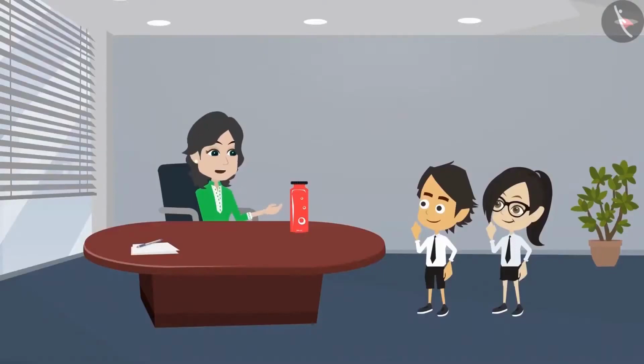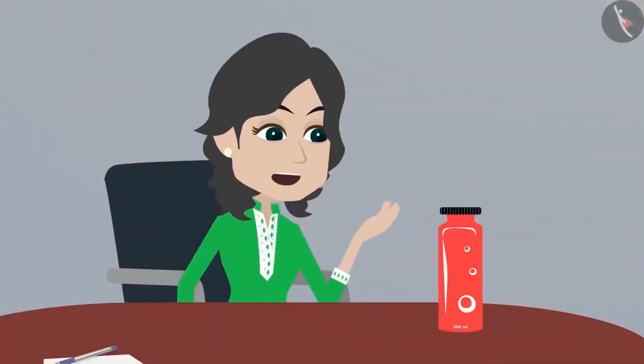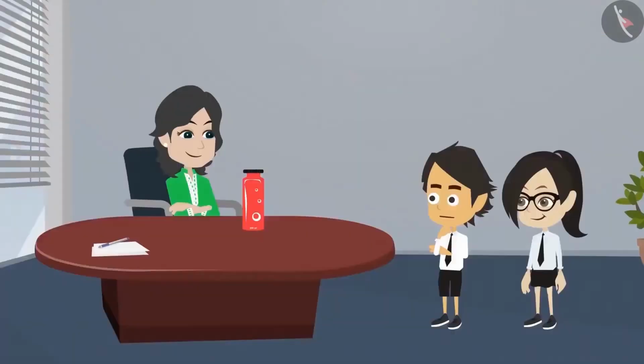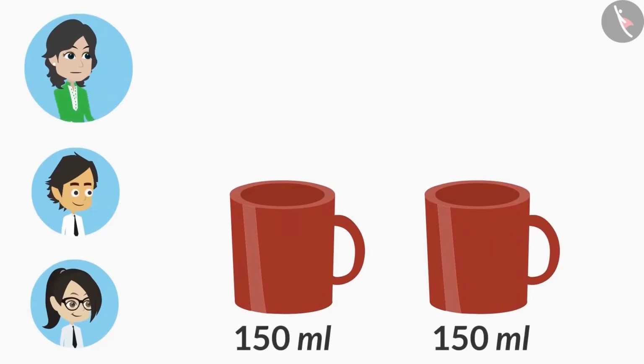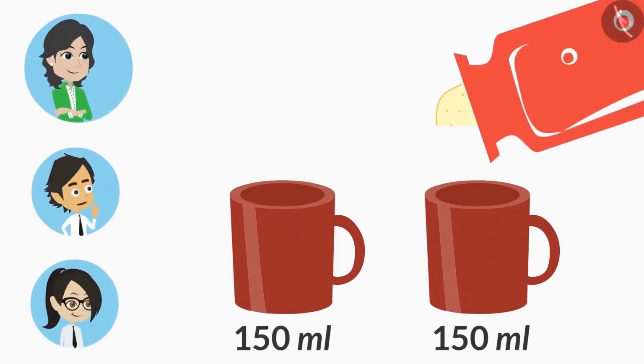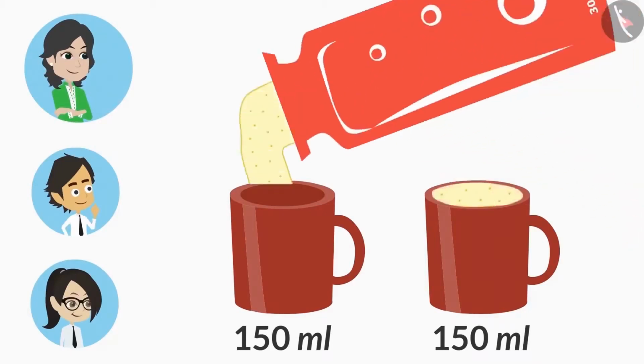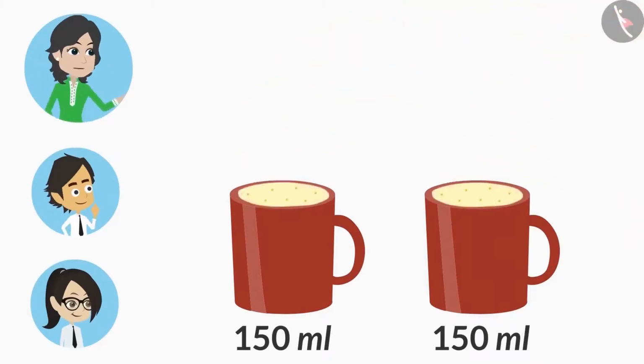See, there are different measuring cups to measure liquid. But we do not have those cups with us right now. Then how will we measure the buttermilk? Look, I have 2 cups here. A normal size cup is approximately 150 ml. You can pour the buttermilk in both these cups. Okay. Both the cups are completely filled. This means that the buttermilk has been divided into two equal parts.